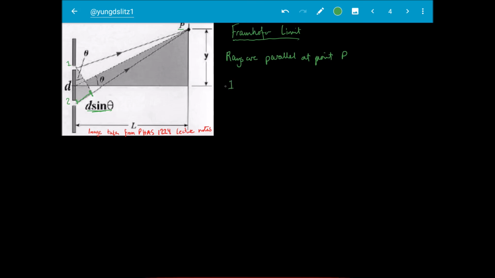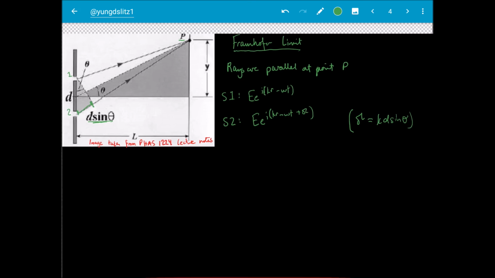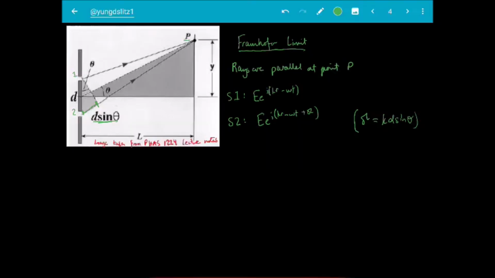So the light coming from slit 1 can take the form, and the light coming from slit 2 will take this form, where delta is equal to k d sine theta, or simply the path difference between these two. So with these preliminaries established, we can write the total amplitude at point P as the sum of these two, or in other words,